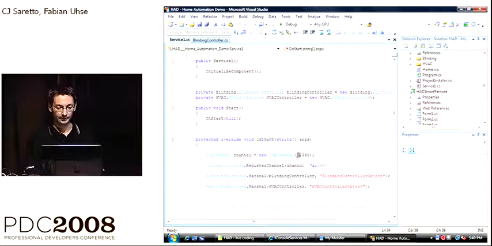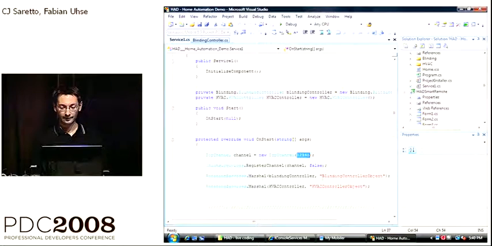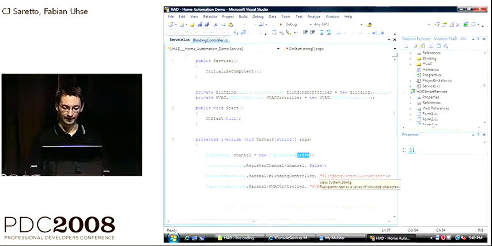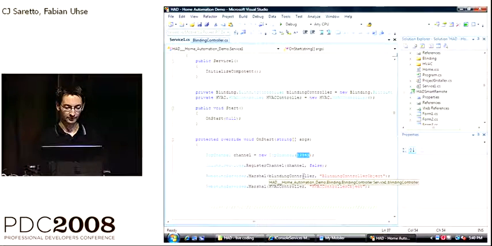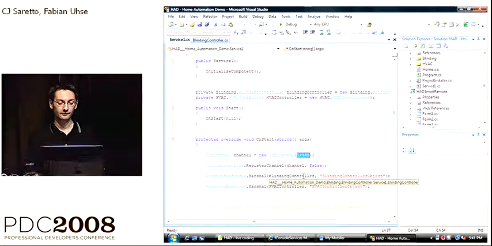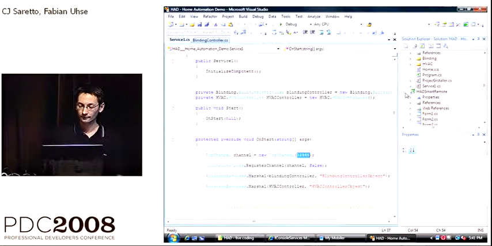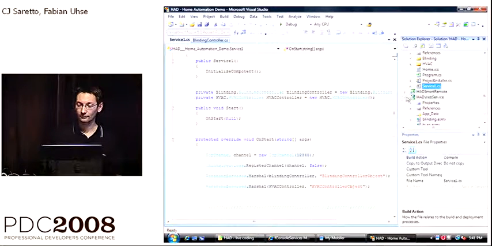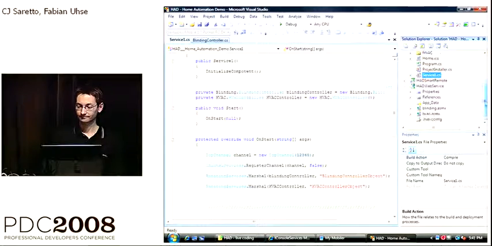We gave it a port that's most likely not used by any other application. And of course, we have two instances of our objects, one of the blinds, one of the HVAC controller, and we gave them a name and just publish or marshal those objects. We just open the channels and publish those objects. So in the web service, we need to consume those objects.